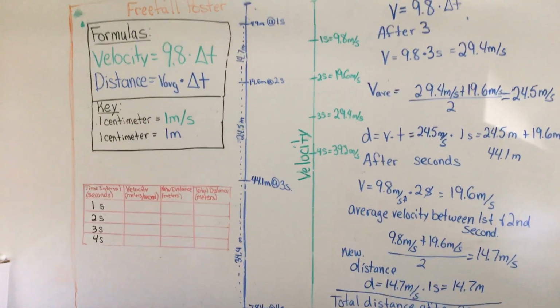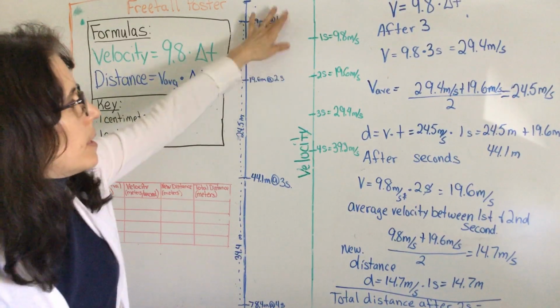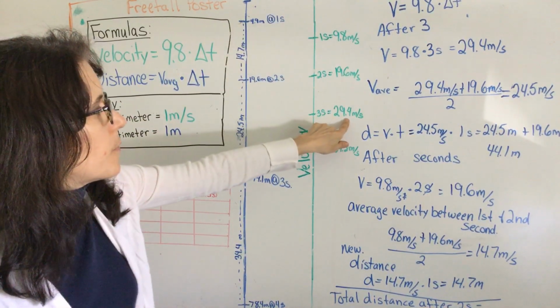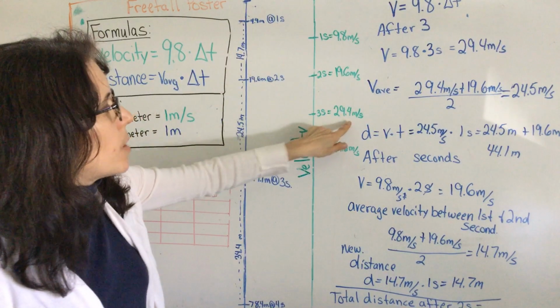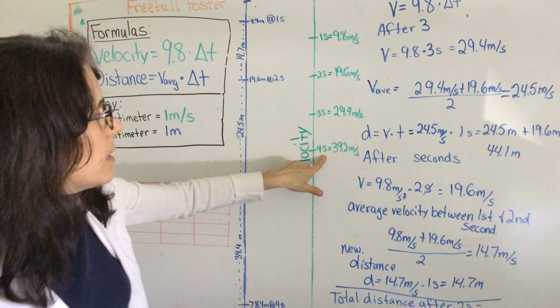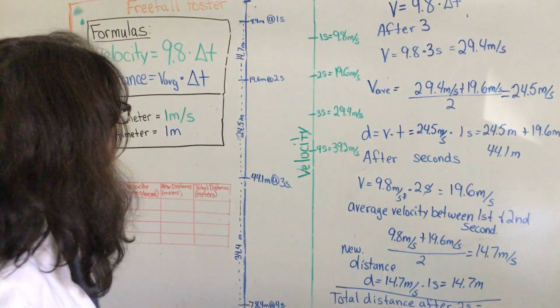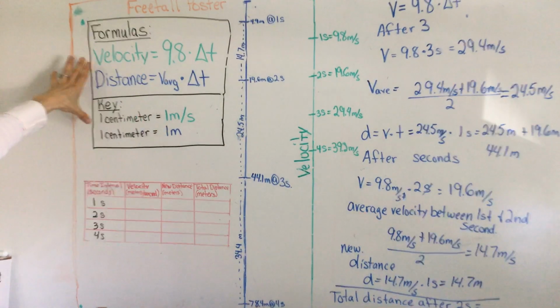So this little dash will be 19.6 centimeters from the top. The next one will be 29.4 centimeters from the top to represent the velocity, 29.4 meters per second. The last one at 4 seconds will be 39.2 meters per second. On your poster,